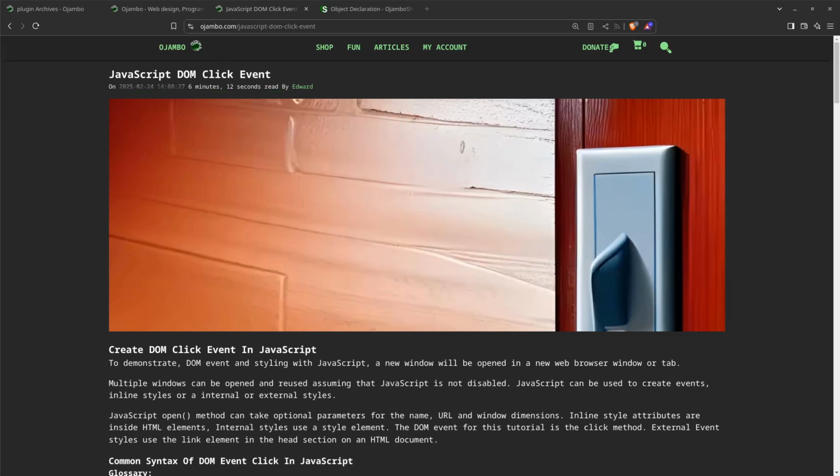In this tutorial, we're going to create a DOM click event. It's going to be styled in a new window for JavaScript. So you can follow along. I'll show you the parts where, if you're following along, and you can, if you're not using the jumboshop.com Learning JavaScript Course web ID,